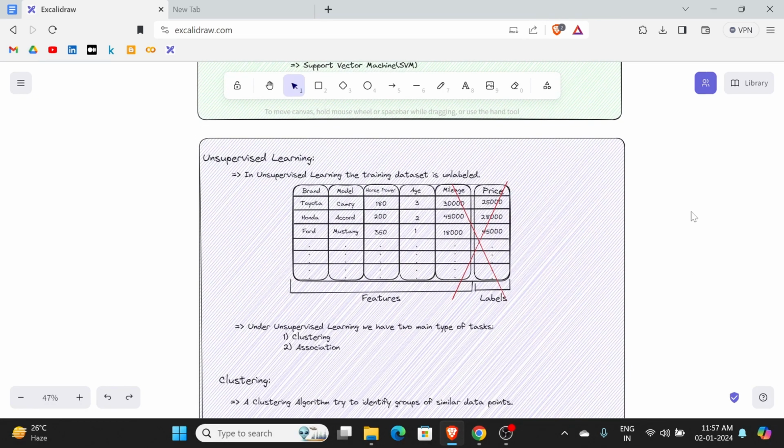So let's get started. As we know, we use supervised learning when we have both features and labels. If you don't know what features and labels are, I've explained that in my previous video,